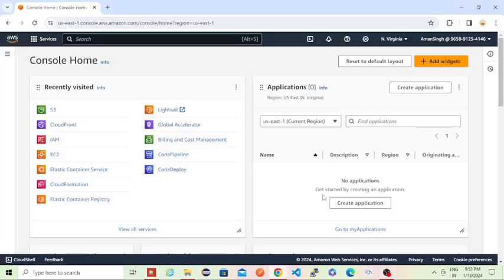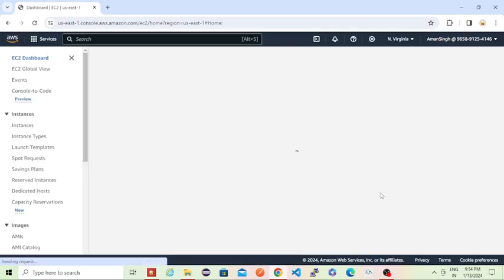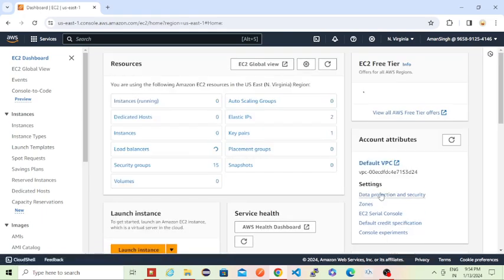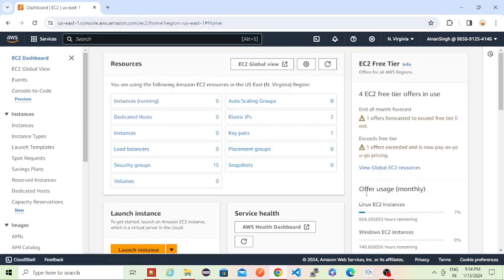Hi guys, so today we will learn how we can create an EC2 instance in AWS. Here we will see how we can directly create an EC2 instance. I'll be creating that EC2 instance with a Linux OS. For both Linux as well as Windows the process is the same. The only thing is, for Windows we need to connect through RDP, and for Linux we will be able to connect directly from this